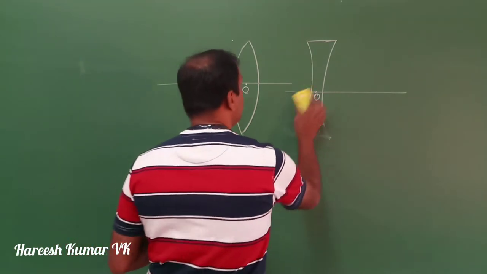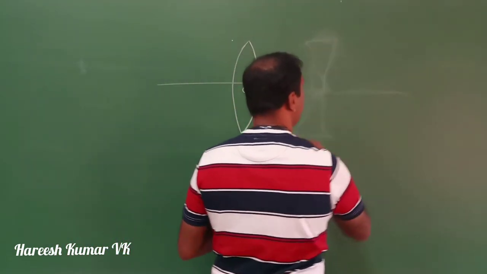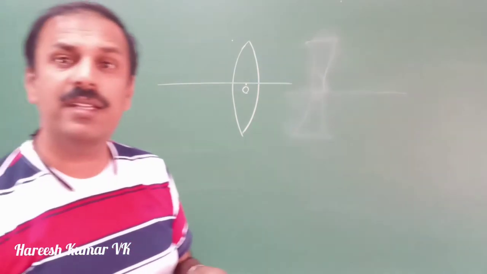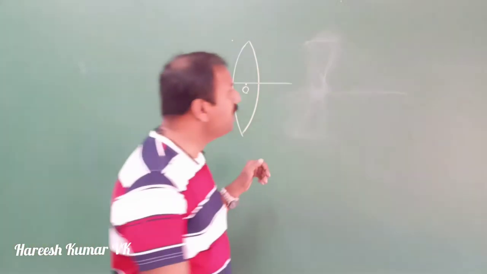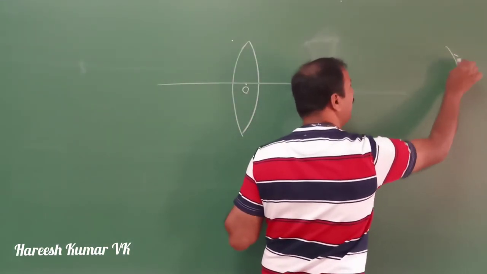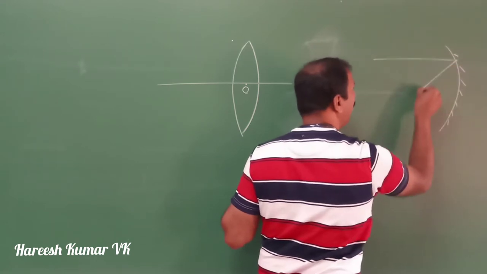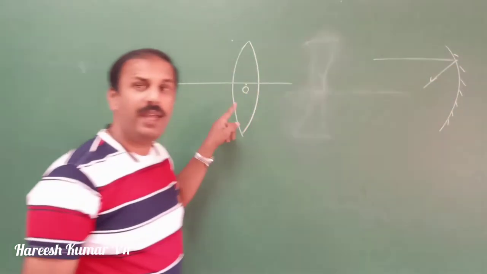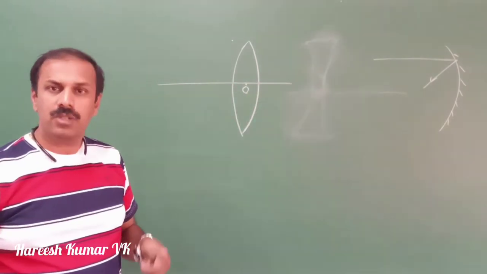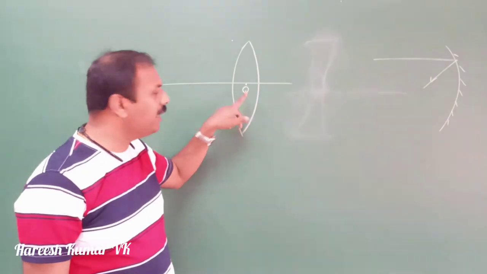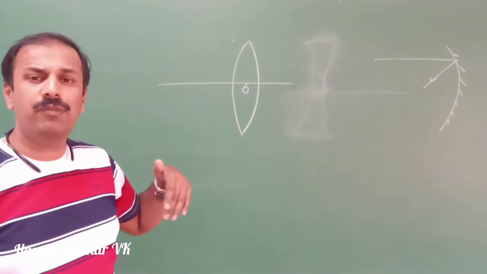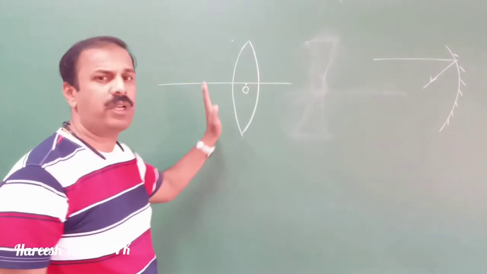Now when we discuss the focus of this one, there is some difference. The basic difference between mirror and lens is, in the case of a mirror, the light is reflecting back. If you have a mirror like this, the light is going and hitting there and it is reflecting back. In the case of a lens, it is not like that. The light is passing through the lens. So here we have the optical center O. But whenever we are marking the focus, it can be this side or that side also.